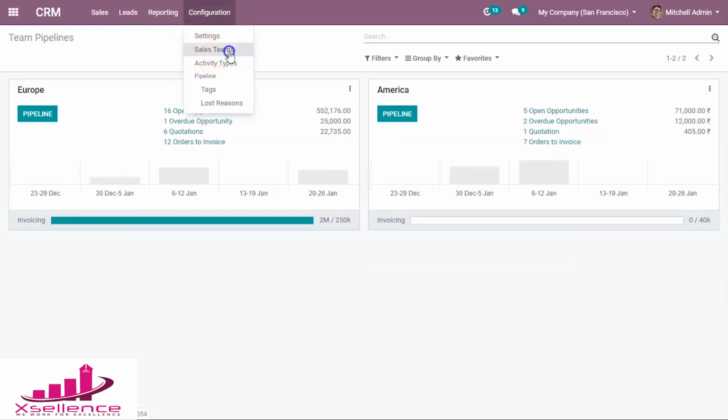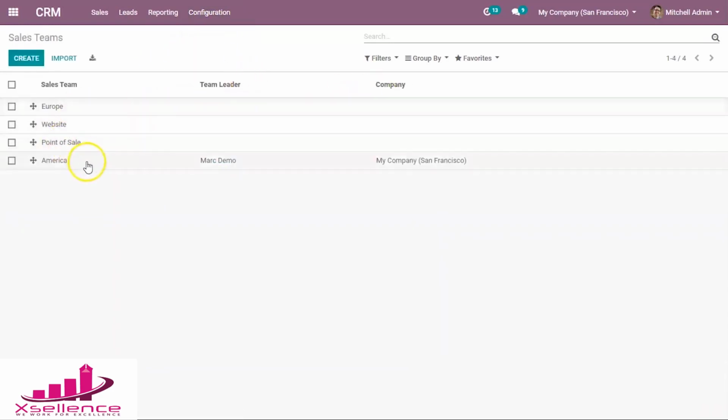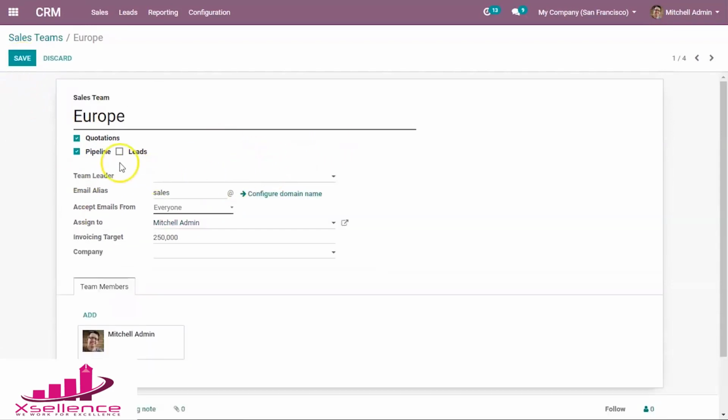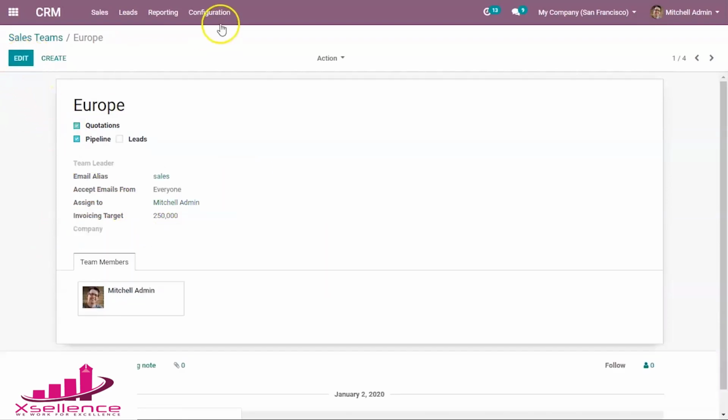There are 4 sales teams, but we can see only 2 because only those are enabled in the pipeline inside the sales team. And here we can see the team leader, we can assign it, and the email and accept emails from all this. If we want to create a sales team, we can save it.